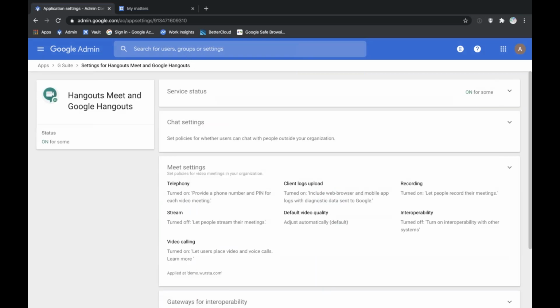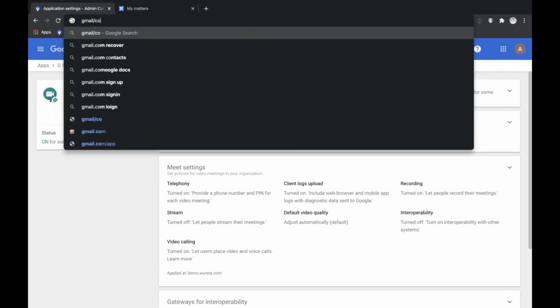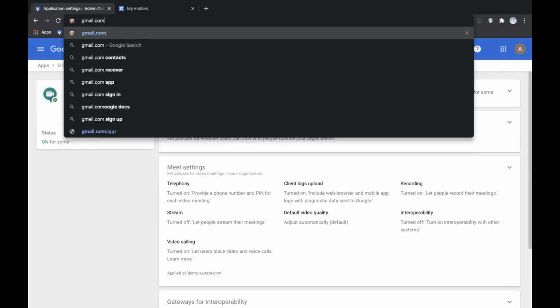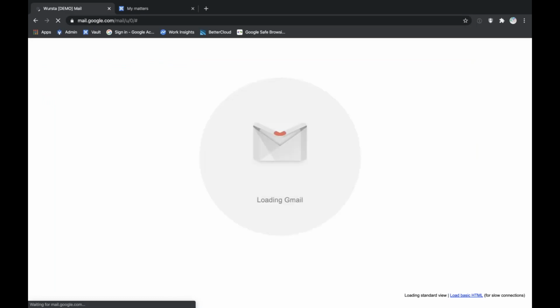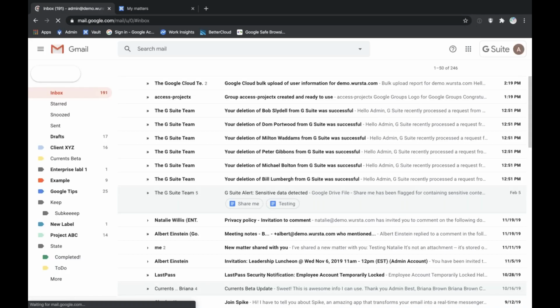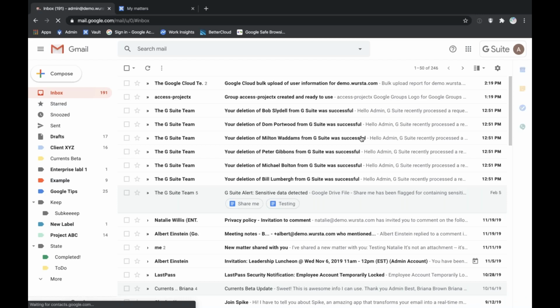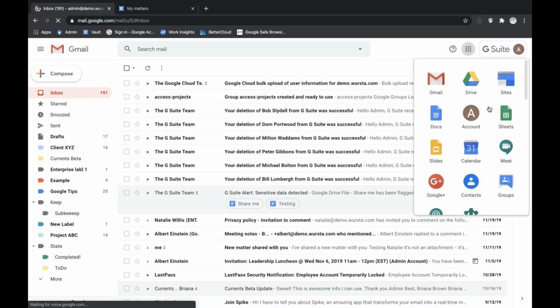So sure. Let's say you're used to using Gmail, but you're not used to using Chat or any of those applications. The number one place we always point people is the application grid, which is in the upper right-hand corner of most of the applications. So here, if I click on the upper right-hand corner,